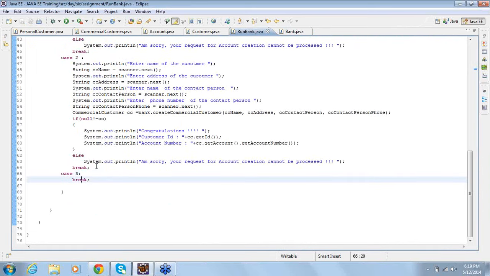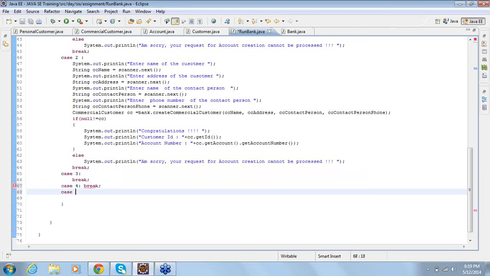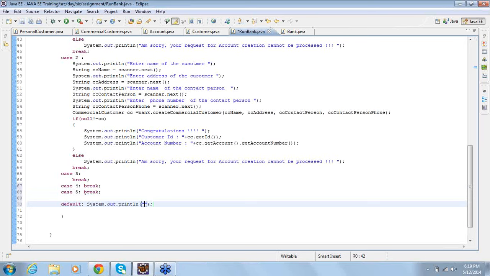So let me go with the case 5. Go to case 4, break. Go to case 5, break. Go to default. Let's say invalid option. Let's go with case 6, which says system.exit to exit the application.